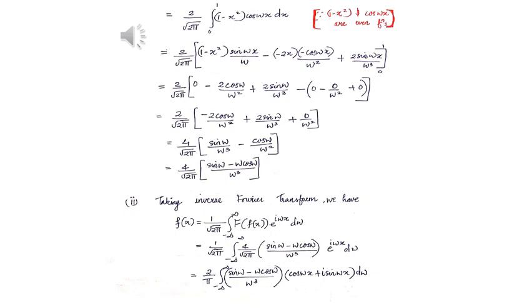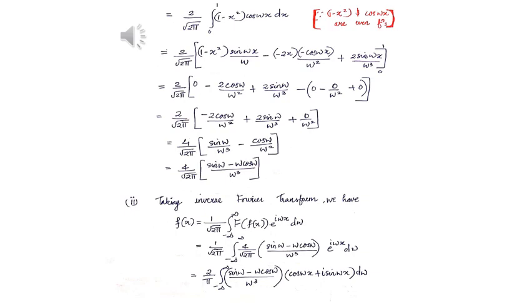Here also we can use the even and odd function property. So let us see, sine omega is an odd function, omega is odd, cos is even. So odd into even is odd. So the numerator is odd minus odd, that is an odd function. And the denominator is an odd function because it is omega cube. Therefore odd by odd will give an even function. So sine omega minus omega cos omega divided by omega cube is an even function.